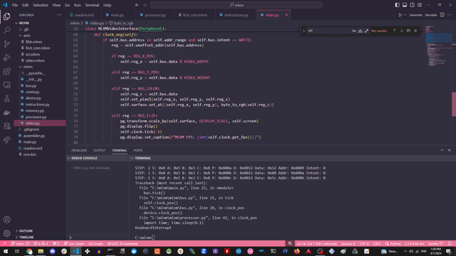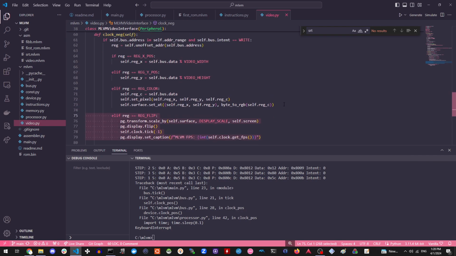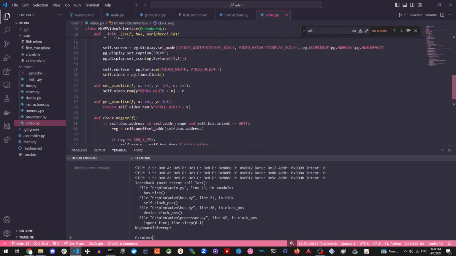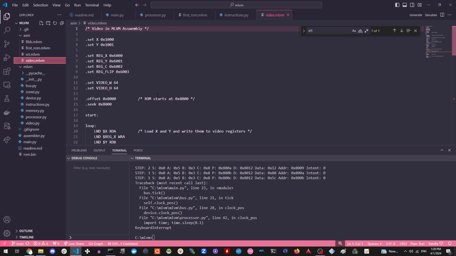And on these registers, the flip register actually takes all of the pixels that we have set when we pass in the color, and it draws them out. So that's basically saying the frame is ready, we can present it now. And when you write to the color register, that's the thing that actually sets the value in the video RAM here. So we can use it in the same way that we interact with the memory, if we go into my video.mlvm here,